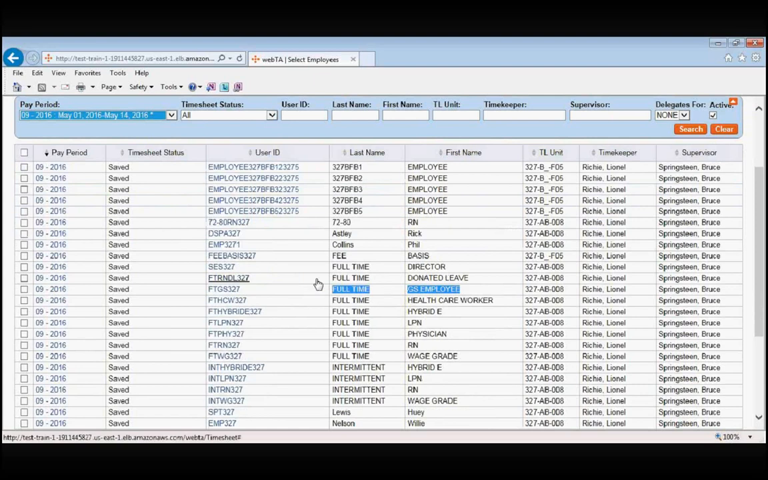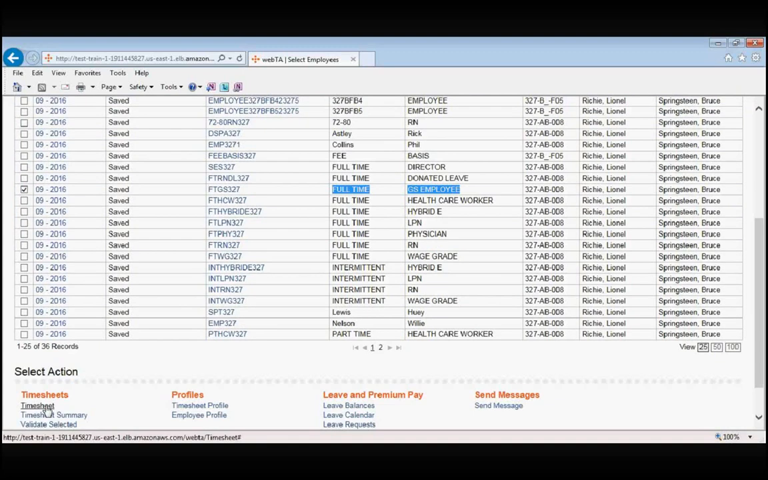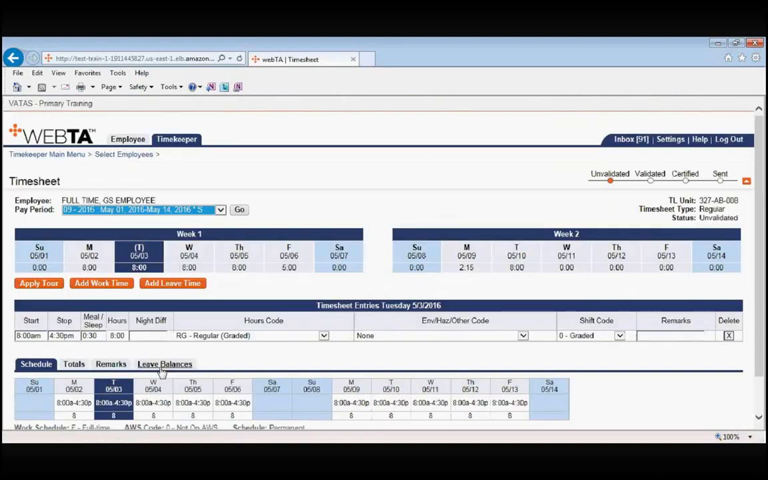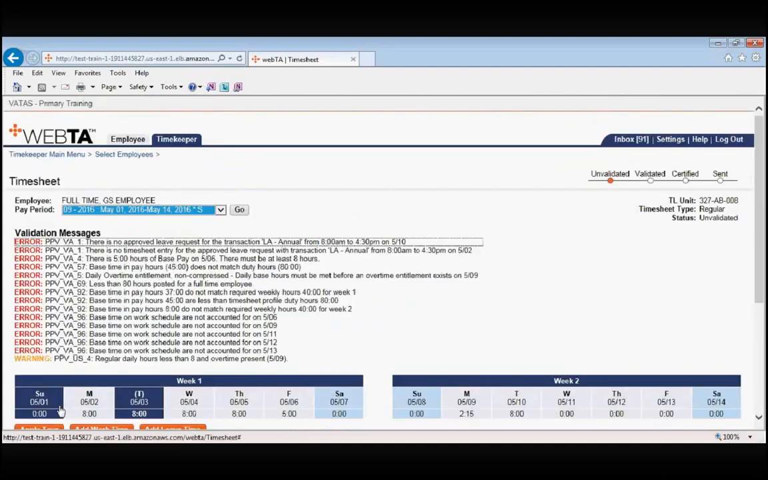To get into this employee's timesheet, we can either click on the pay period or put the check in front of the employee's name, scroll to the bottom, and click Timesheet. Remember, when we get into our timesheets each time, we want to press the Validate button. It's important to know that the reason we are pressing the Validate button is to generate these validation messages, the errors. These errors will guide us through the pay period to make sure we get these timesheets correct the first